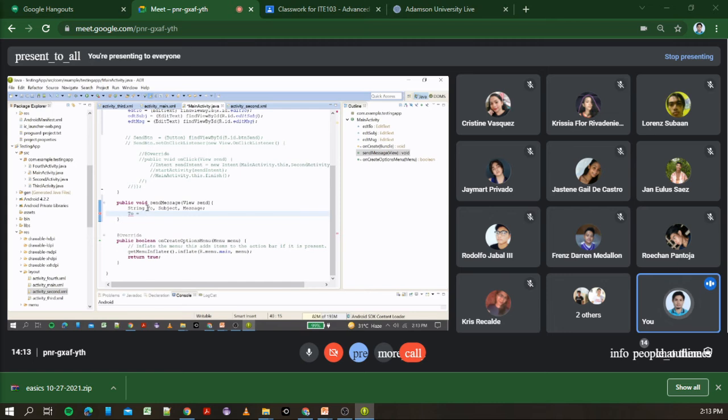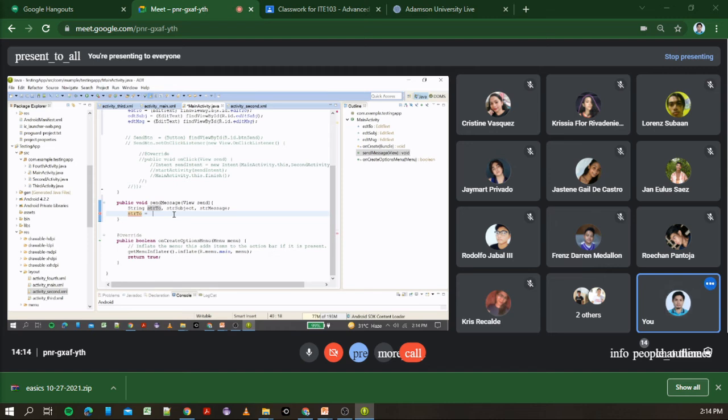Okay, baka nalimutan na natin. Para maalala niyo, ang ginagamit na method para mag-retrieve ng input mula sa mga text fields ay yung method na getText. Palitan ko lang yung mga variable ko dito. Lagyan natin ng str sa unahan para may prefix na sinasabi na siya ay string. So, we are going to use the getText method in order to retrieve the input from the text fields in